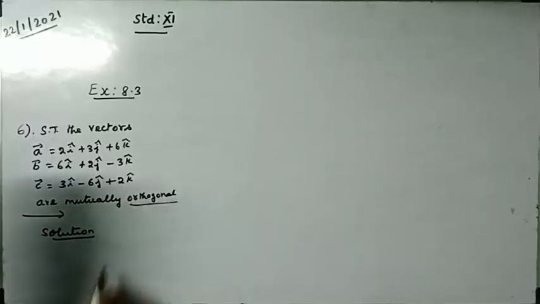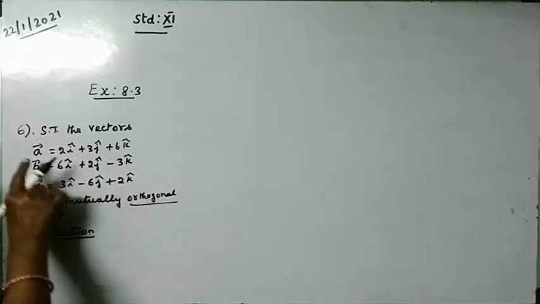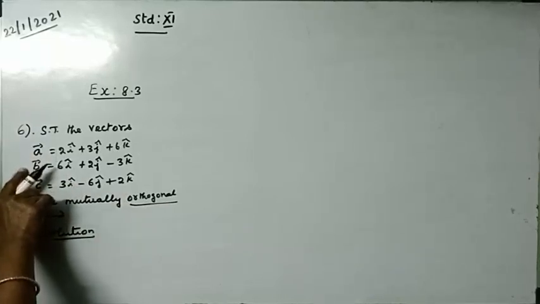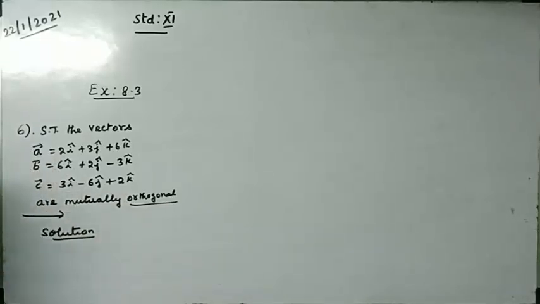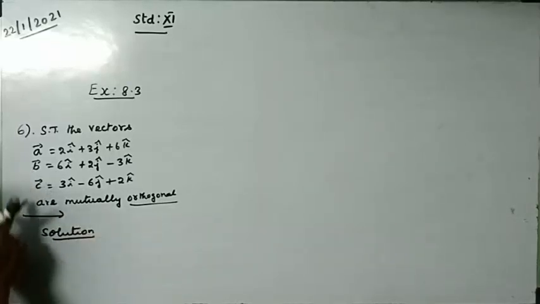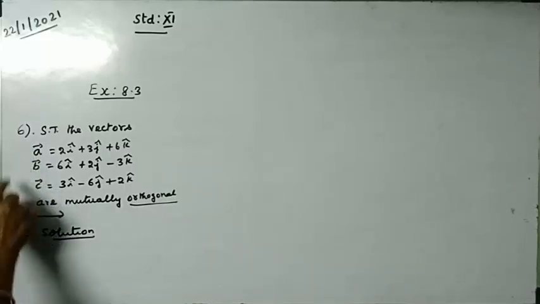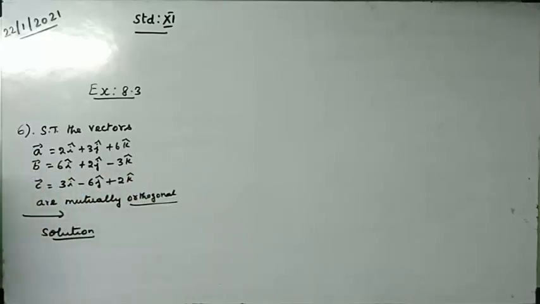What do you mean by orthogonal? Orthogonal means perpendicular. So perpendicular means what condition we have to prove? Dot product is equal to 0. It is given mutually orthogonal. So if you take A and B, you want to prove A and B are perpendicular to each other. Therefore, A dot B equal to 0. If you take B and C, then you want to prove B dot C equal to 0. Therefore, we can say B vector is perpendicular to C vector. Same way, A dot C equal to 0 means A is perpendicular to C. That's all we want to prove. Only thing we want to prove is that dot product is equal to 0.